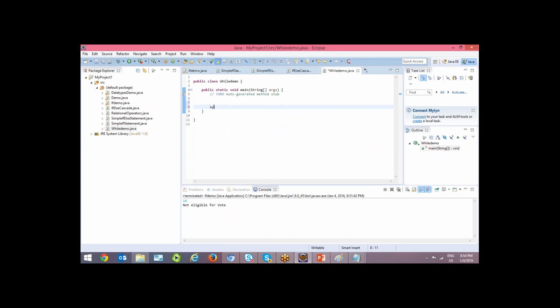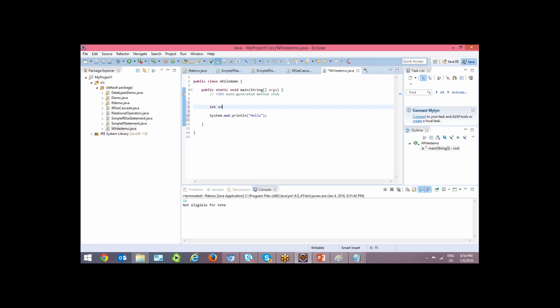So what should I do? I should say hello, and again I should copy like this. When I am doing similar logic, why should I repeat this statement like this, right? So we must have a logic using which we can repeat this single statement 5 times. That is called the while conditional statement.